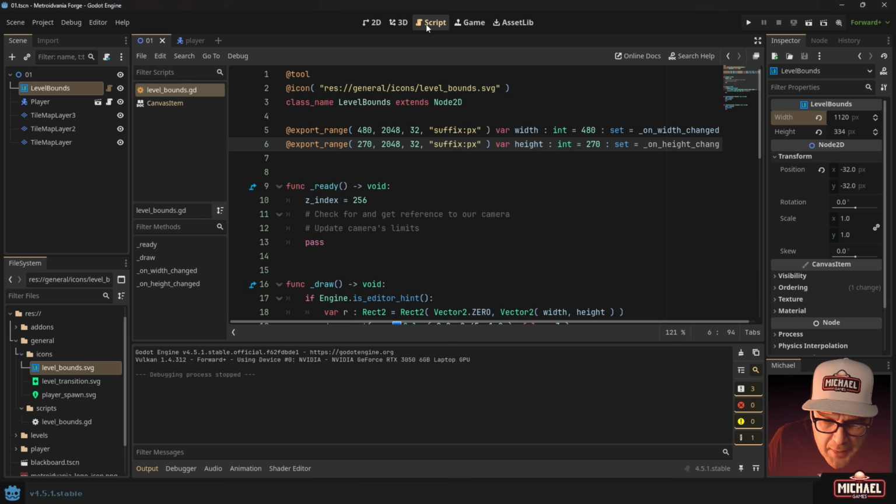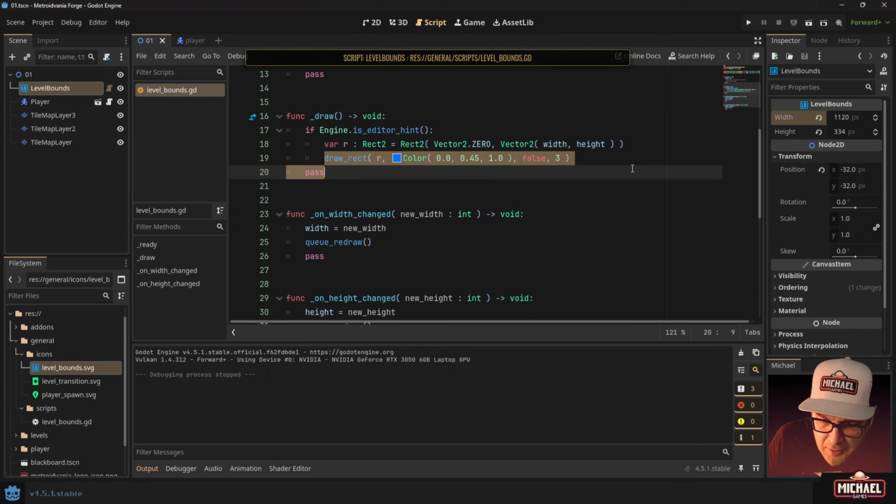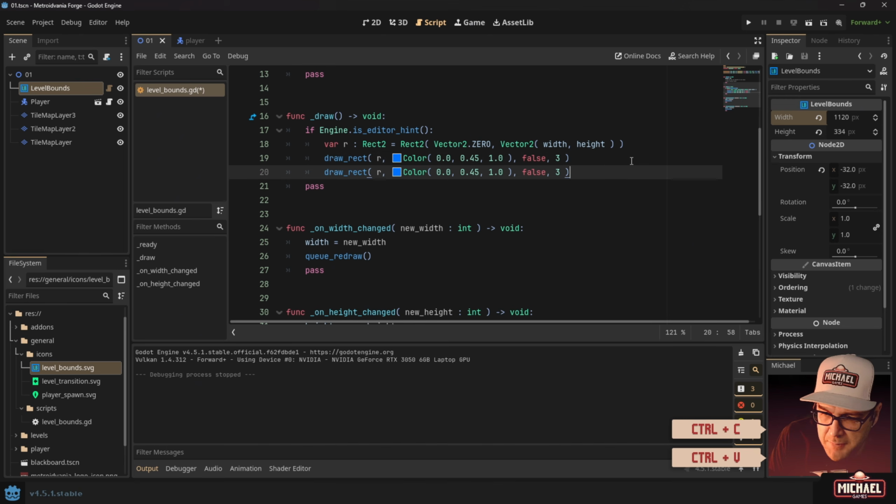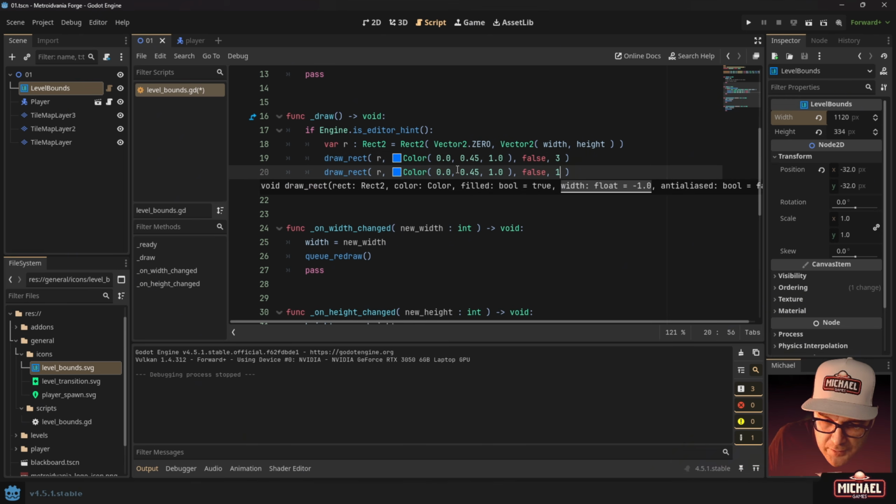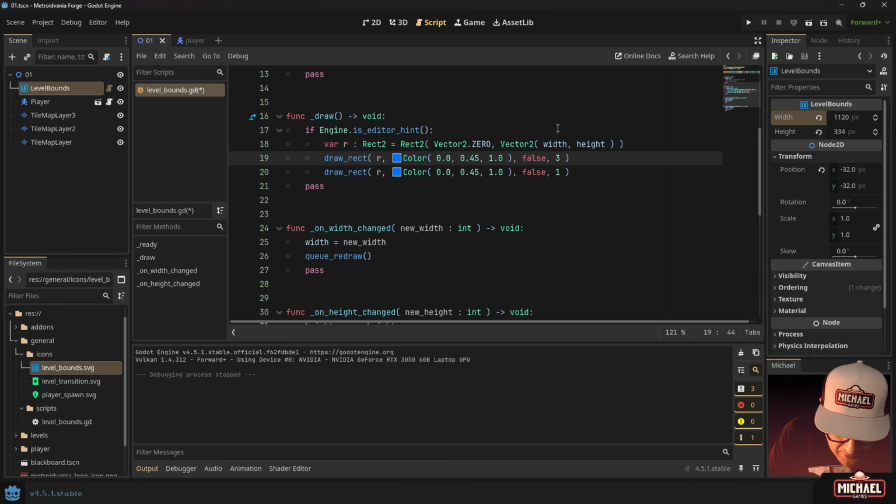Okay. So I'm going to go back into the script, and I'm just going to come down here to my draw function, and I'm going to do this. I'm going to copy and paste that, change the width to 1. I'm going to take my first color. Earlier I said I might want a transparency, so I'm going to put a 0.6 alpha on this first rectangle, and then we're just drawing a second rectangle,